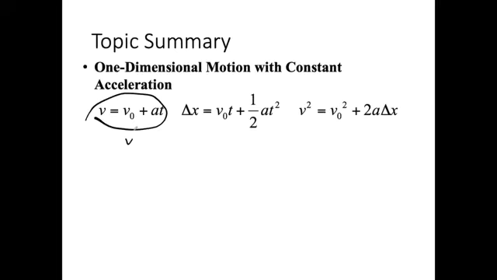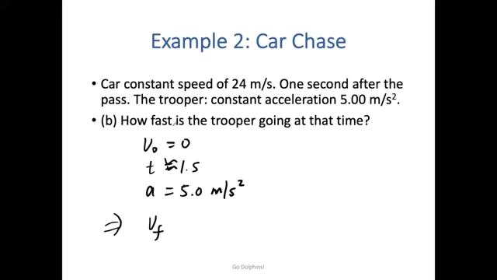So we know initial velocity, we know a, we know t now. To solve the problem, v0 plus at, 5 times 1.7 seconds, roughly,